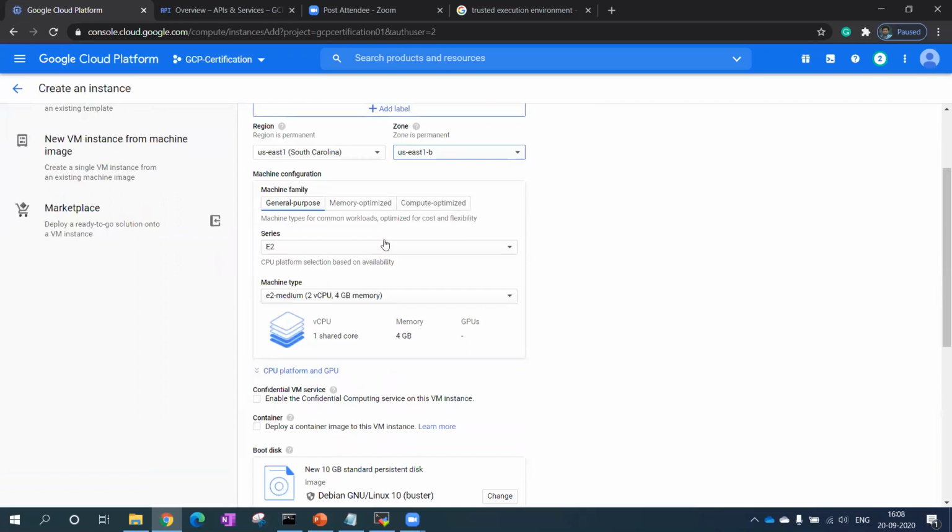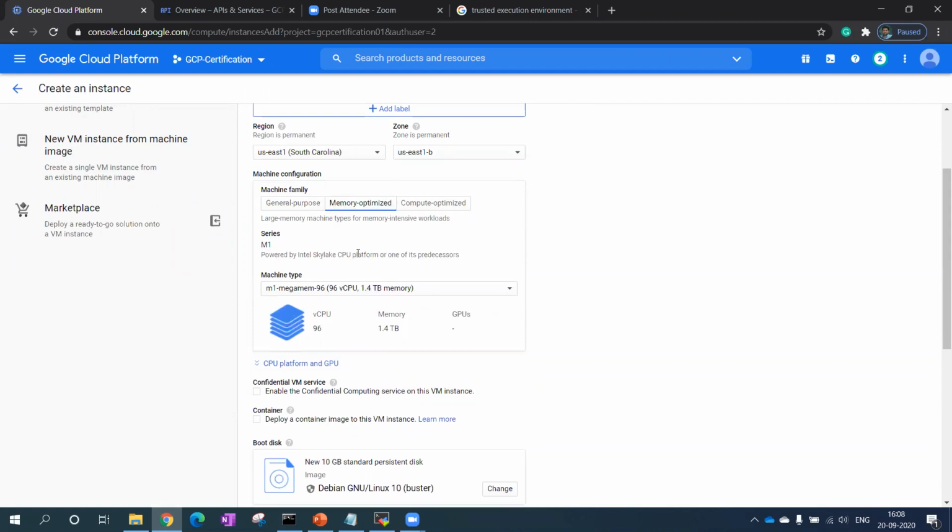And then if I go further, now I have to decide which type of VM I have to select. Normally in our case, we are going to use general purpose. But if you have some software which is going to be installed in your VM, and the software takes more memory, then you can go for memory optimized. SQL is the best example. In the SQL case, you have to use more memory-based VMs. So if your VM has a heavy memory workload, then you can go for memory optimized.